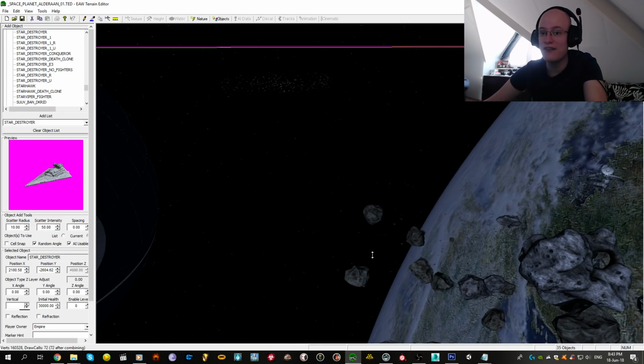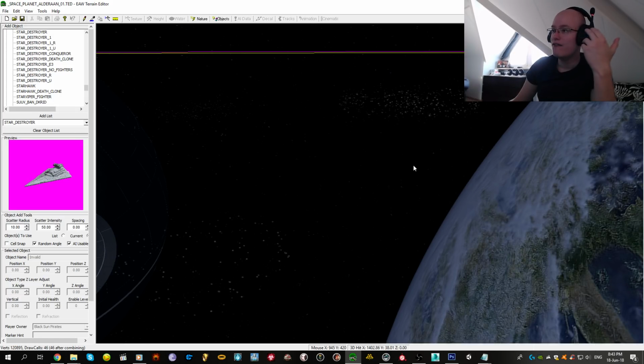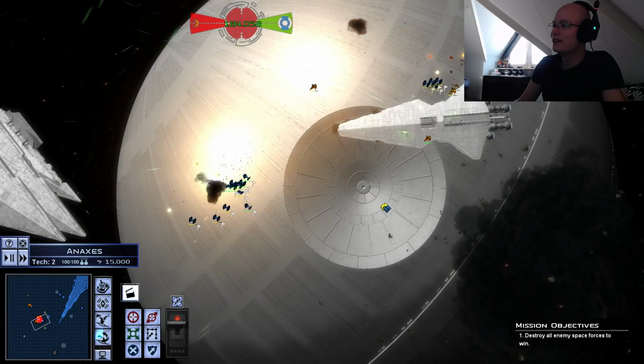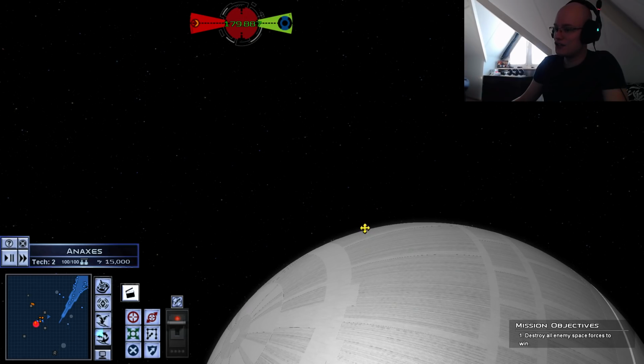No, see, it's 25,000. What the hell? If you place the Death Star down at 25,000... What? What is this? Okay, hang on. So you're telling me that the game itself doesn't have the limit, but the fucking map editor does. That's the scummiest fucking shit I've heard all day. Whatever the actual limit is, it is exactly...